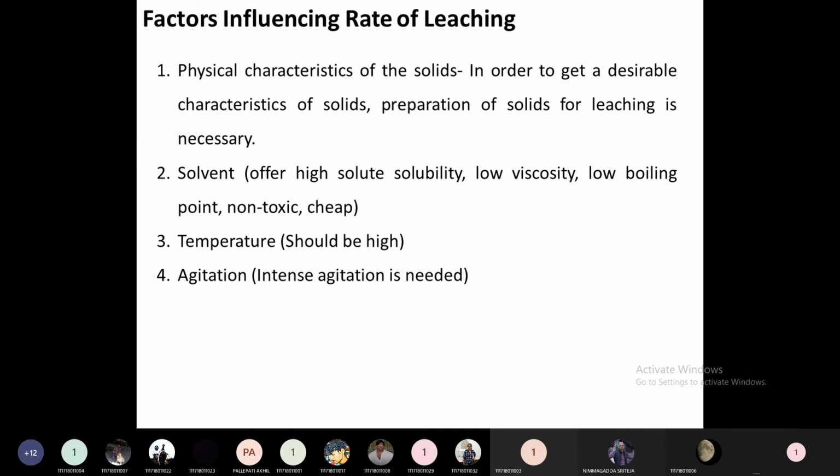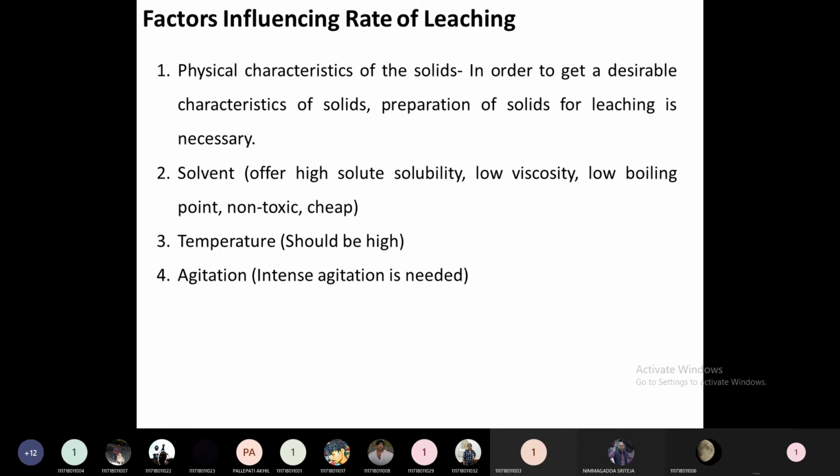When you do fine grinding, the probability of leaching will be very high and the leaching rate will be very high, but the time and cost required for the grinding will be very much increased. In some processes it is not advantageous to go for fine grinding, because it will increase the rate of leaching but add cost to the overall process. So we can't go to that much fine grinding.